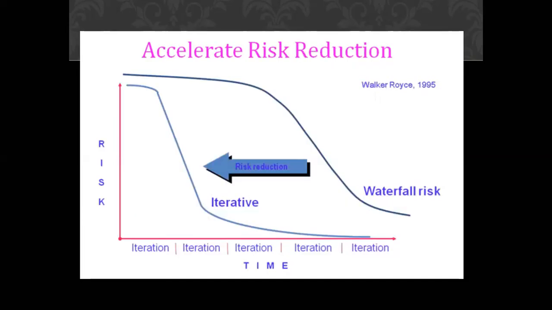On the basis of that, this particular diagram is showing you how these two things change when you are utilizing the waterfall model and when you are utilizing the iterative approach. The risk in the iterative approach became less; with every iteration, it is becoming less. But with the waterfall model, see up to this time, it is certainly high only, and then during the testing phase, it starts to lower down. So these are some of the things that you can utilize to understand the conventional practices and modern practices.